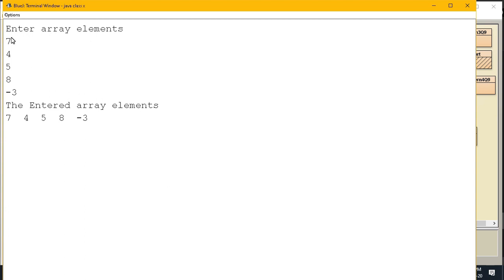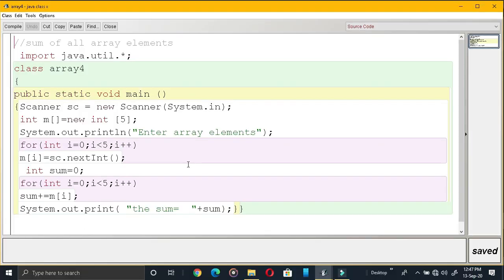So the array elements that are entered are printed over here. You can enter the array elements like this or column wise. Otherwise you can enter the array elements row wise also, because we are using scanner classes. You need to separate those elements by using either the enter key or the space bar. The default delimiter is space. That's why.